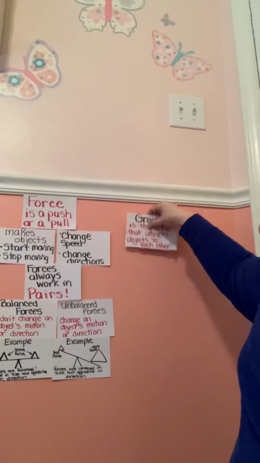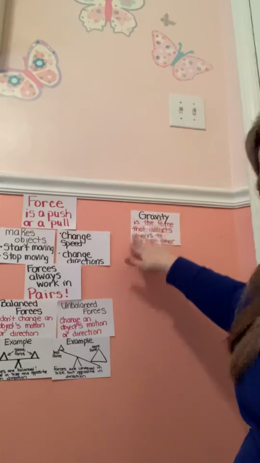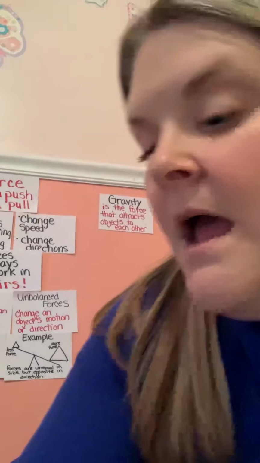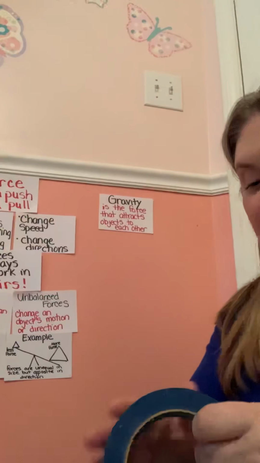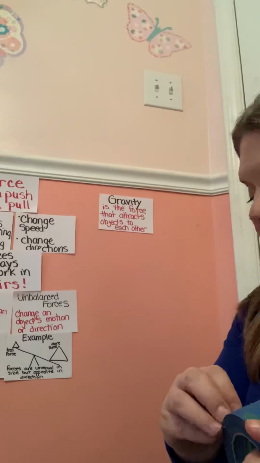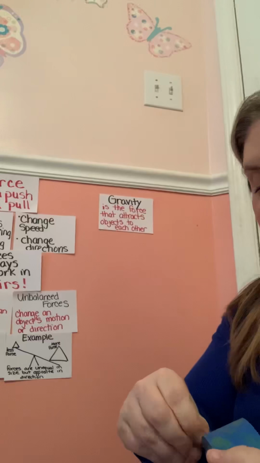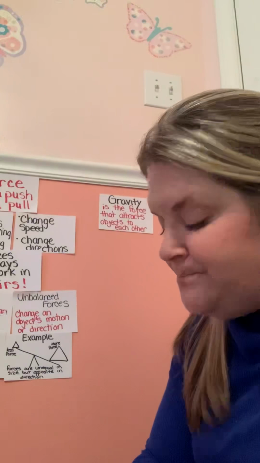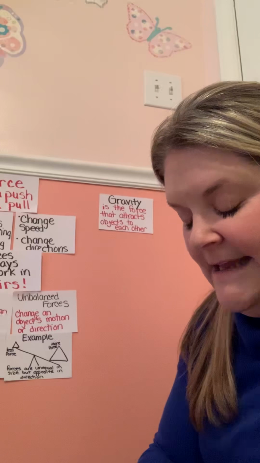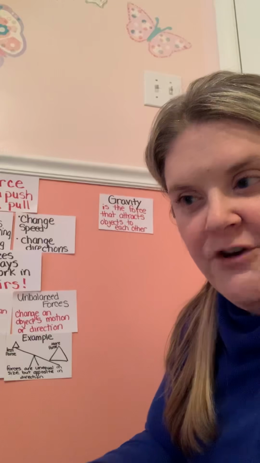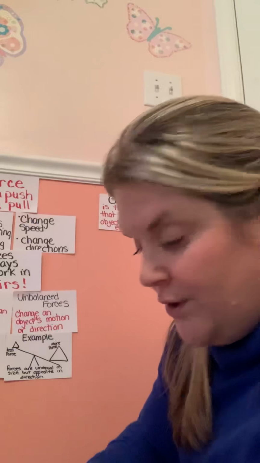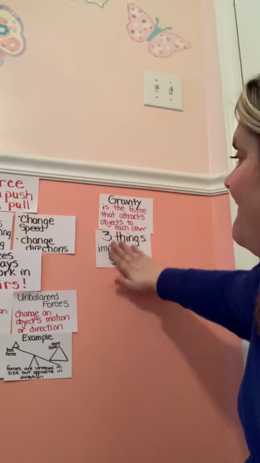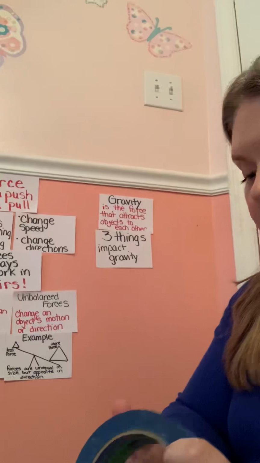All right. So gravity is the force that attracts objects to each other. There's three things that really impact gravity, so we're going to talk about those three things. Most of these are words we've heard and talked about before, so they're not going to be shockingly different. It's just making sure we understand how gravity relates to those things. All right, so the three things that impact gravity are,